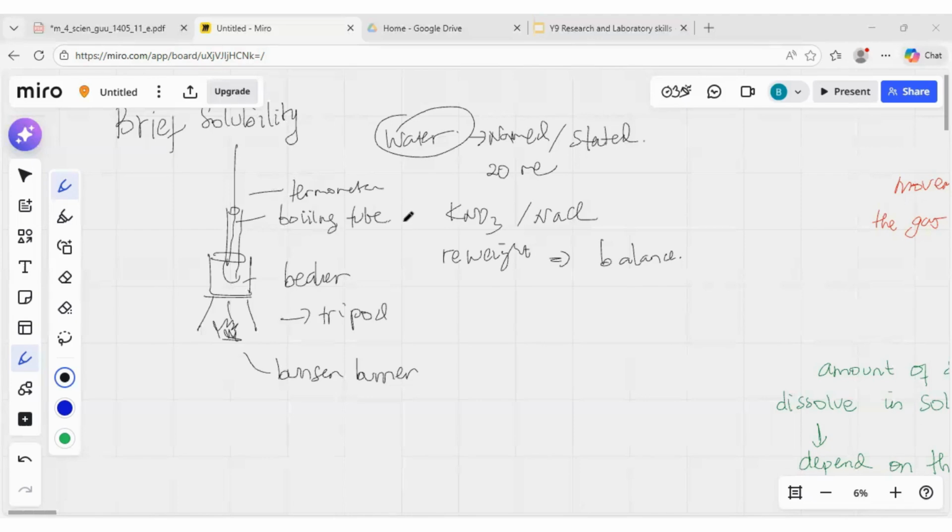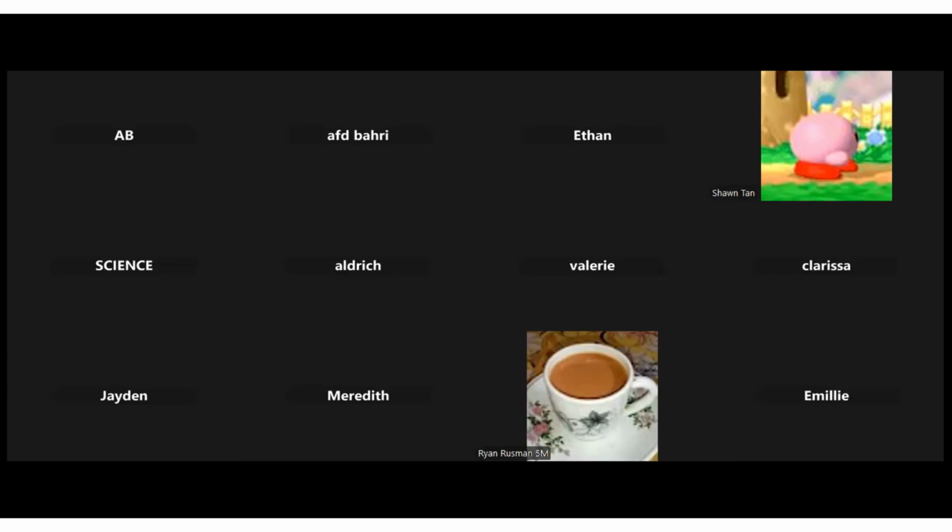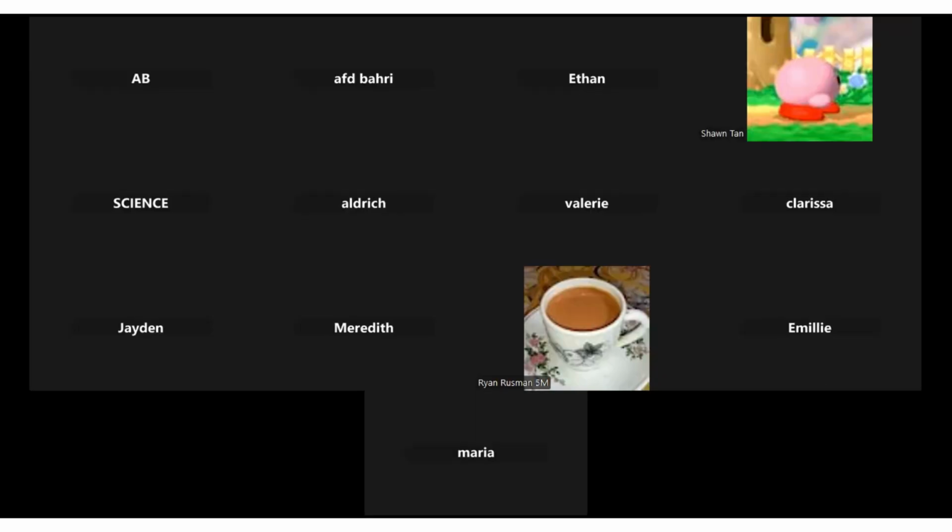Now the next one will be about electrical conductivity. Sorry, I will stop sharing the screen for a while. I think I need to go to a picture so that you can see what I'm referring to. I have a picture actually